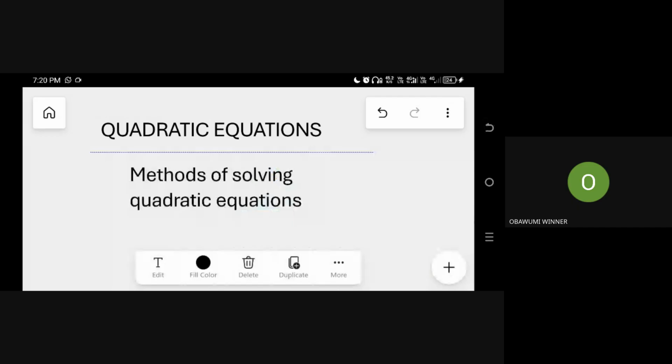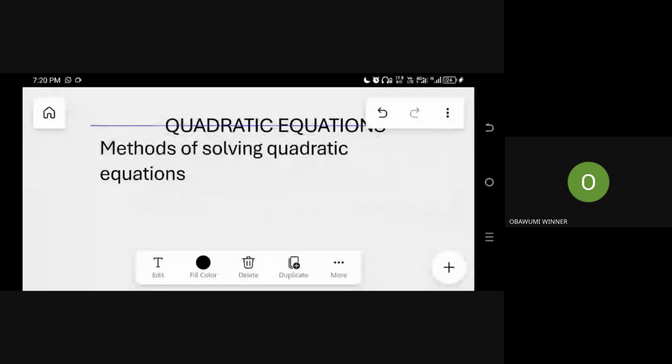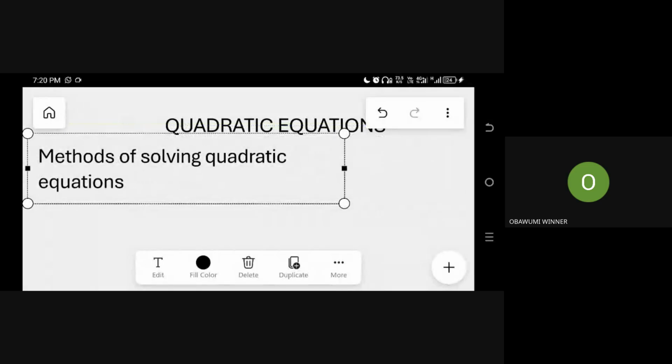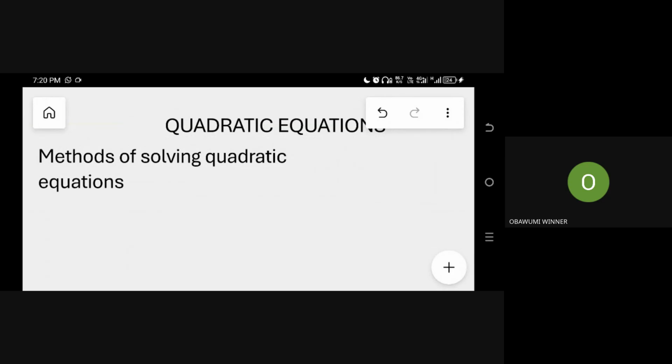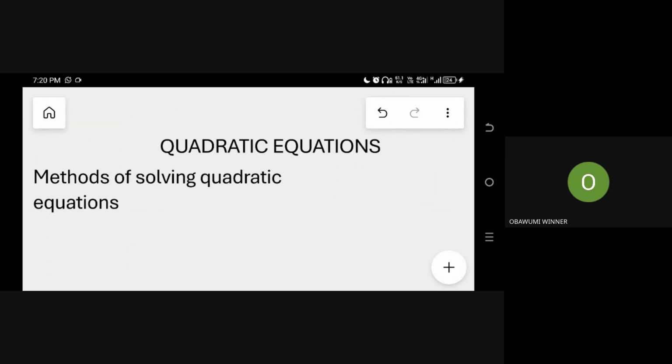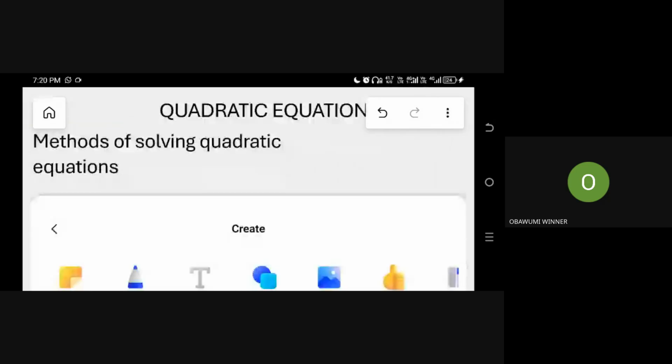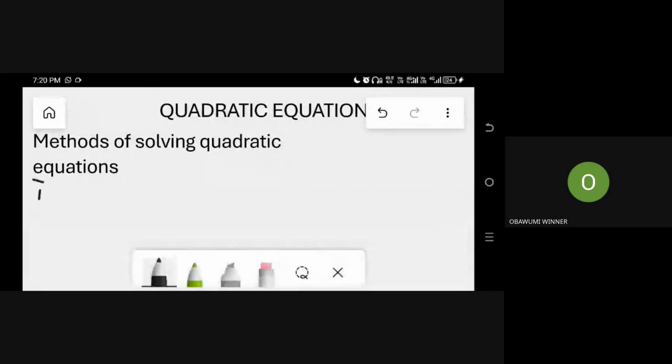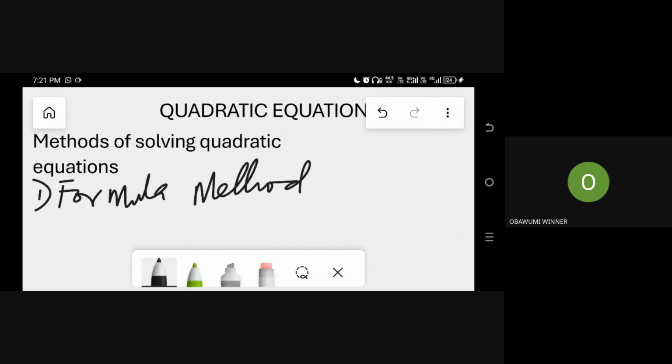So now, the methods you can employ when you're trying to solve quadratic equations. One such method is the formula method, which is what I said we'll concentrate on. This formula method is what most people call the almighty formula. So it's the formula method,